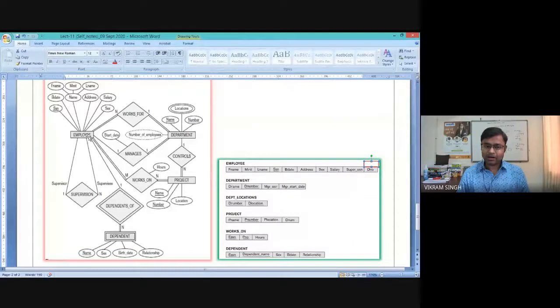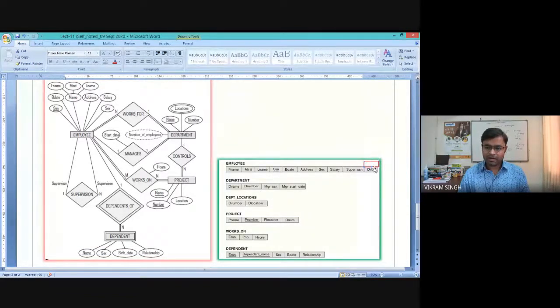And to maintain or to record it, we need to add this D number because department is the one side entity. So we need to add the primary key of department to the employee table. So this D number in the employee table is because of this works for relationship, which is of nature 1:n, right? Okay, now let's go to the department table.